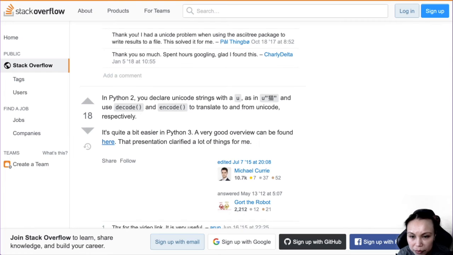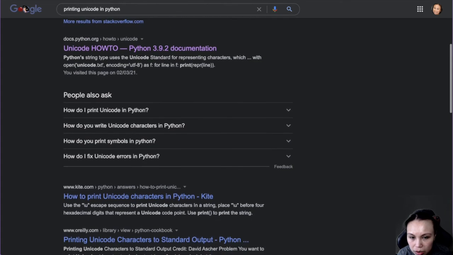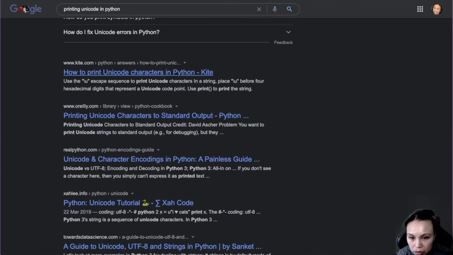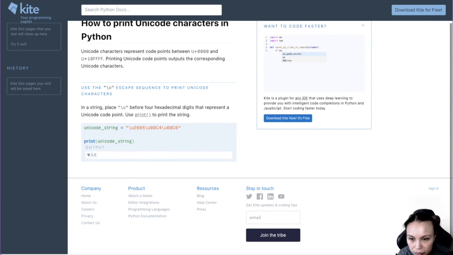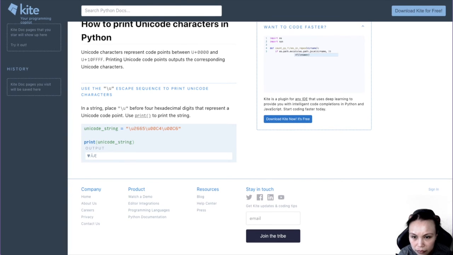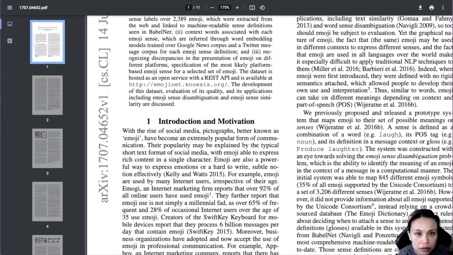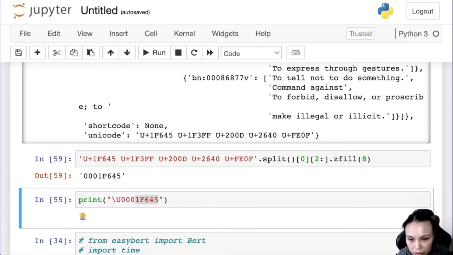Yeah, I hope I'm not doing something very stupid. Character. Escape sequence to print the Unicode, but what I can do is, okay, I'll just keep on trying.